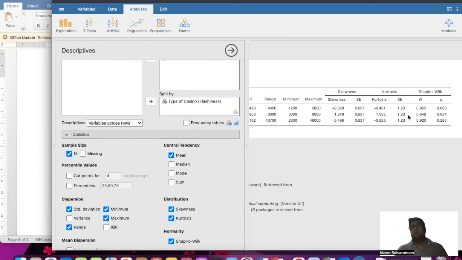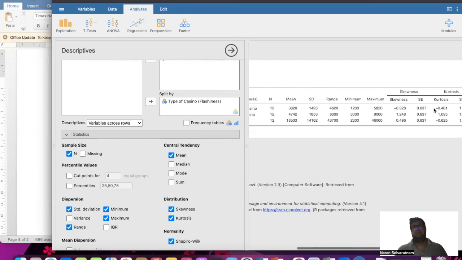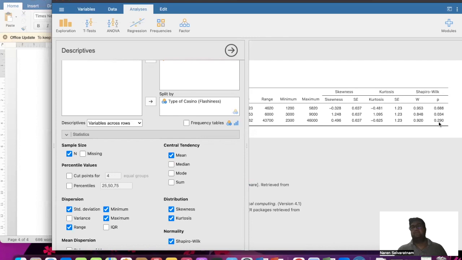Okay. And here we have Shapiro-Wilk as well. You can clearly see Shapiro-Wilk has not been violated for Country Casinos and also Trump Taj Mahal, but for the second, Dells Suburban, the Shapiro-Wilk also indicates some violation. So, since one of the groups has violated, at this stage, I can't say whether I'm going to go with the one-way ANOVA or a